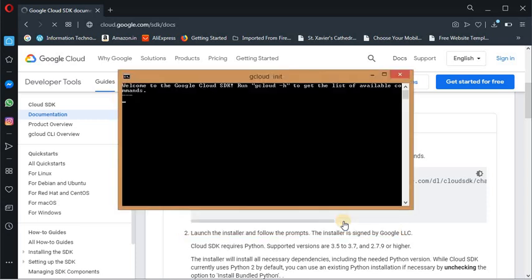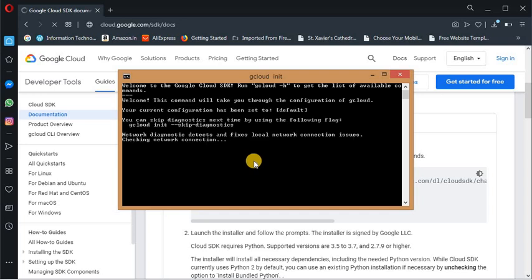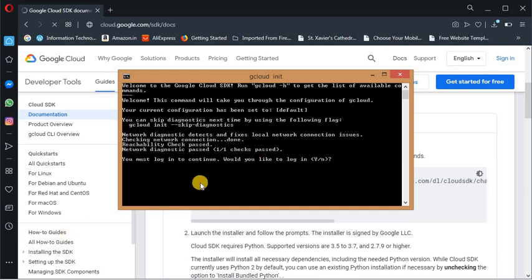Once you finish, the cloud initialization will take place. Please wait for a minute. Now it asks whether you want to log in or not. You need to log in to continue, so you can press Y and click enter.